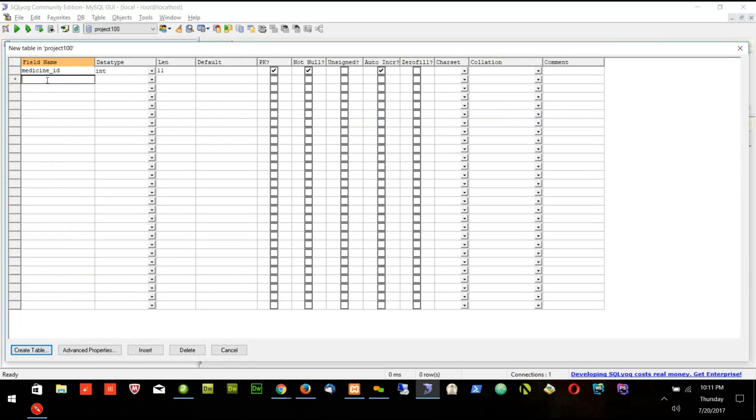Another field will be start date. If you don't know, just put the current date when you are starting this, writing this record. And I will say medicine. So if you have 10 medicines, you can put all the 10 medicines. And it will be Varchar,